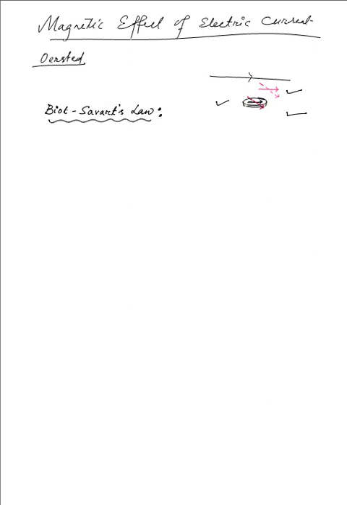The Biot-Savart's law simply states that if there is a current carrying conductor, it is carrying current along that direction as I show it. Supposedly, I have a point P where I want to determine the magnetic field intensity, because now we know that there's a certain magnetic field associated with the current carrying conductor. So the point P lies, suppose, at a distance r,